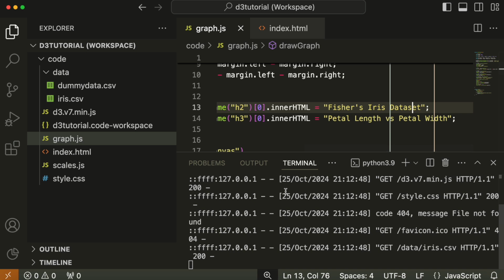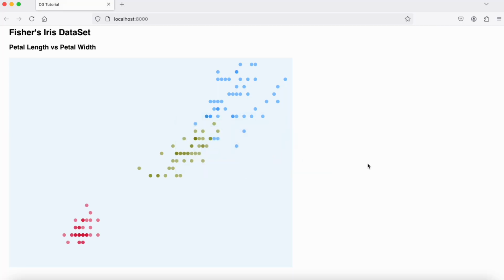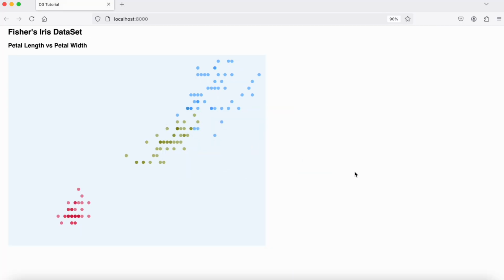We have only a few things left to go. What the few things are: we have to put in axes. We may put in axes labels, we may not, but the main thing we need to add after this is a tooltip, which will allow us to hover over an individual point and find out the details for that point. The petal width, petal length, sepal, everything we can report about an iris, we will report in the tooltip. And that's going to be the fun for, we're going to do axes, then we're going to do the tooltip